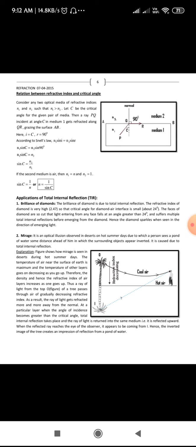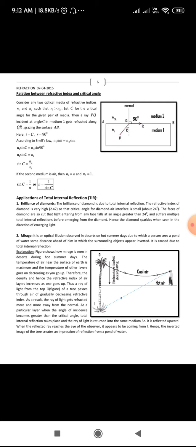Coming to the next, the brilliance of diamond. The brilliance, that is the shining of diamond, is due to total internal reflection. As you know, the refractive index of diamond is very high, that is 2.47. So the critical angle for diamond at the air interface is about